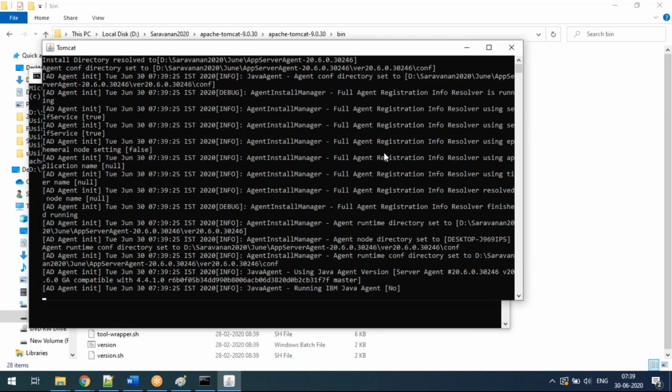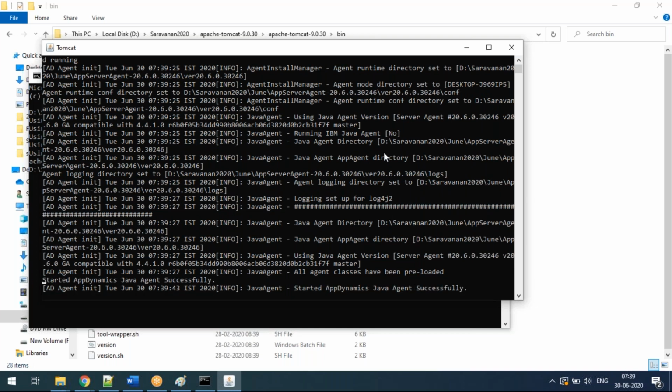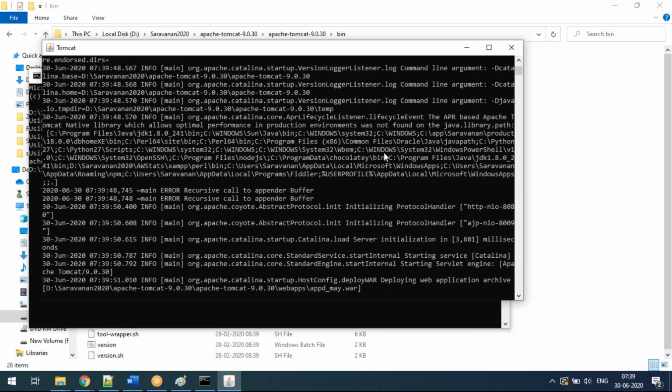For now I did not explain anything related to App Dynamics. Till now it is a sample application that I am setting up on my local machine. For now you don't need to read this message, because it is showing the agent information.